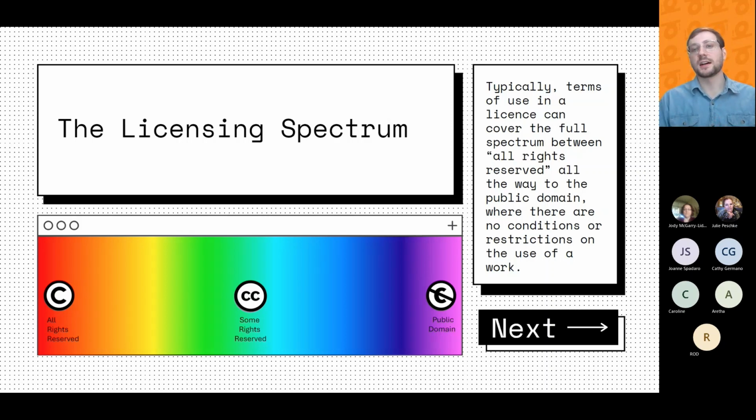Instead of communicating on a person-to-person basis how someone's work can be used, a license outlines how everybody can use that work. A work can mean any original creation. That could be a textbook, a video, a song, a document, a piece of software, basically anything that can be copyright protected.